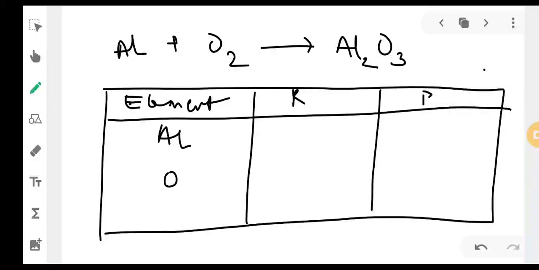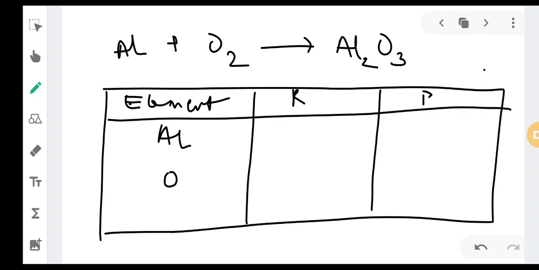So we will see how to balance chemical reactions and equations. In the last class we had seen regarding the chemical equations and how to balance those chemical equations. If you remember, why there was a need for balancing the chemical equation: to just satisfy the law of conservation of mass, which states that nothing can be created nor can it be destroyed.